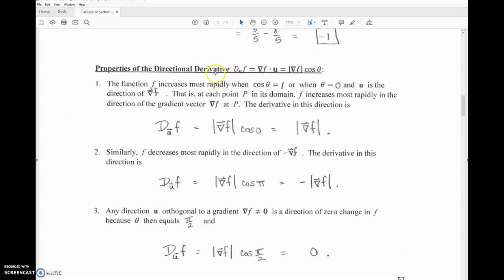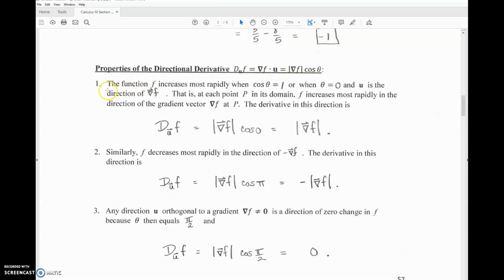So we just got done learning about the directional derivative, and notice that the derivative of f in the direction of u is defined as the gradient of f dotted with u. Now, if you remember the definition of the dot product, that's the magnitude of the one vector times the magnitude of the other vector times the cosine of the angle in between them, call it theta. But the magnitude of a unit vector is obviously 1. So the properties of the directional derivative are going to be based off the fact that the dot product here, or the derivative of f in the direction of u, is really the magnitude of the gradient vector times the cosine of the angle that's between the two vectors, between the gradient vector and the direction that the